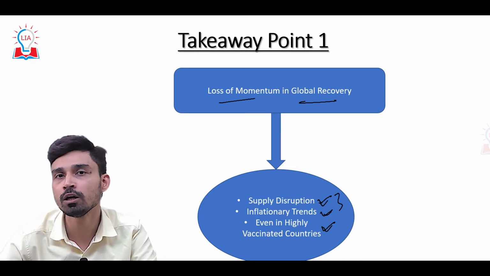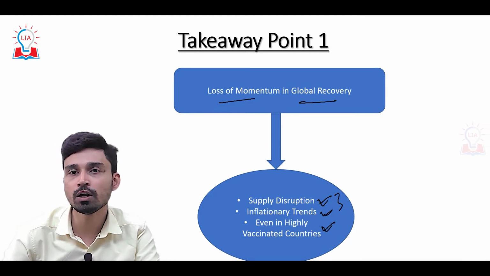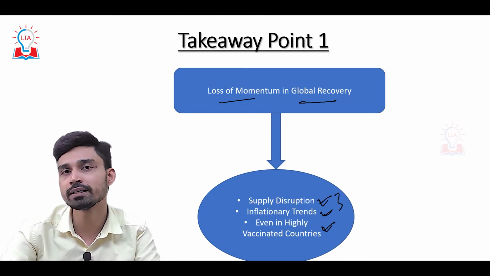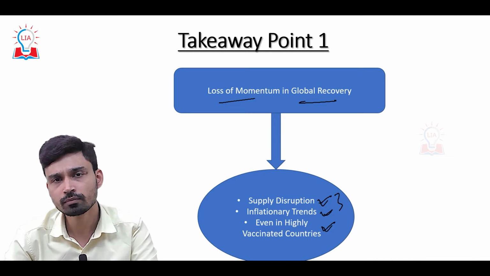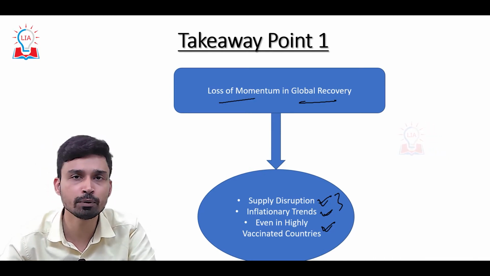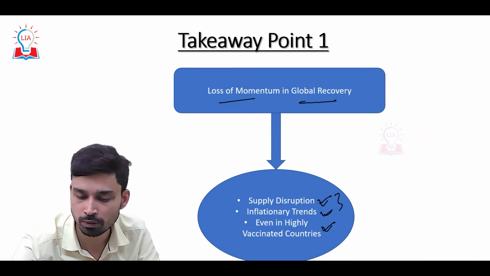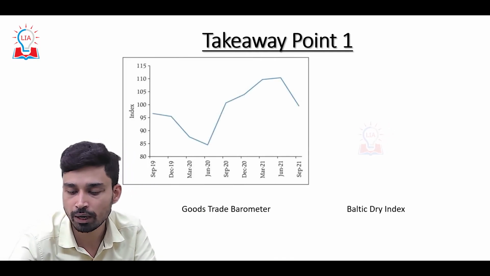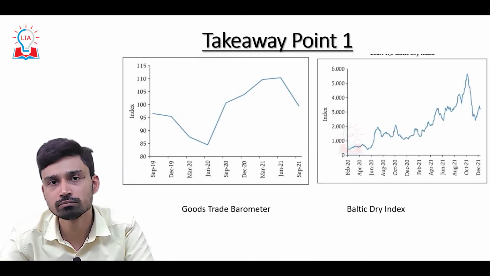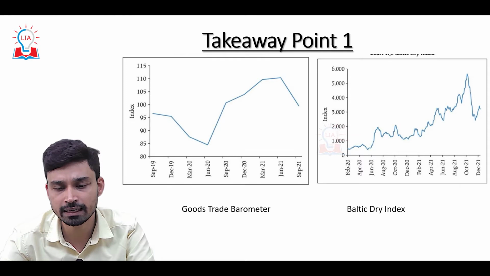So we can understand this is not a localized risk. This is not a particular risk for particular countries, but it is a global risk. And thus overall these all can contribute, or are contributing, to the loss of momentum in the global economy. To understand this point, we can look at 2 different data, or 2 different scales, that